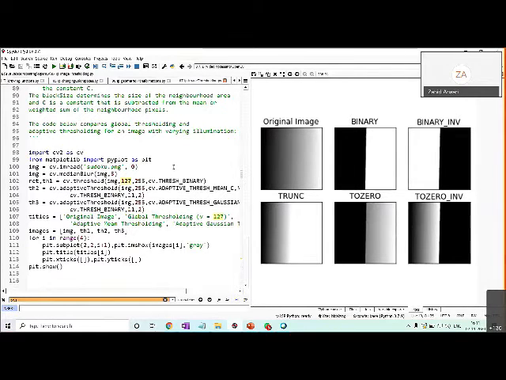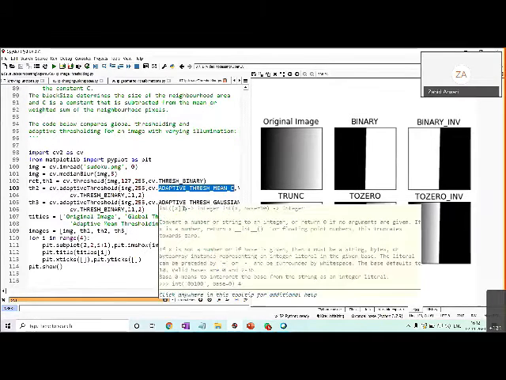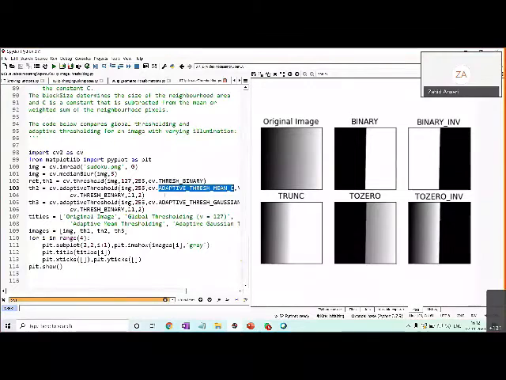If you are using adaptive threshold mean, it takes the mean of the pixels in the neighborhood minus some constant and uses that for thresholding. Similarly, with adaptive threshold Gaussian, it takes the Gaussian weighted sum of the neighborhood minus some constant as the threshold for each pixel, and it performs the thresholding.